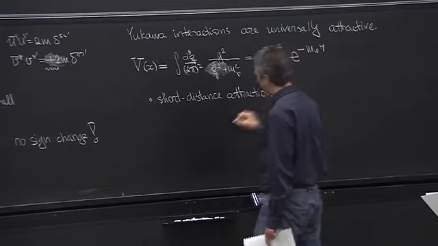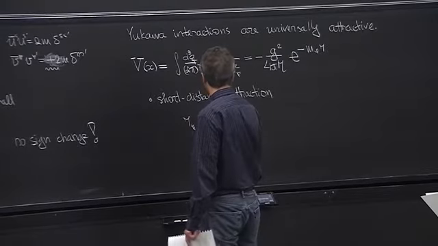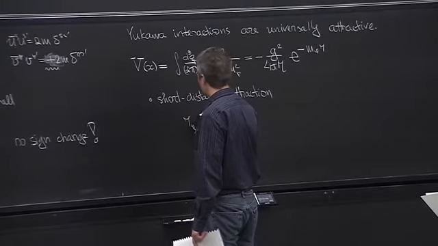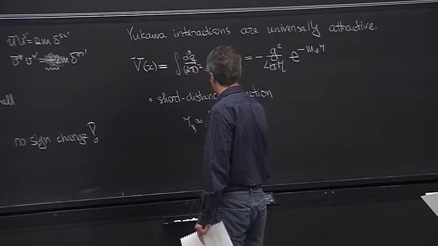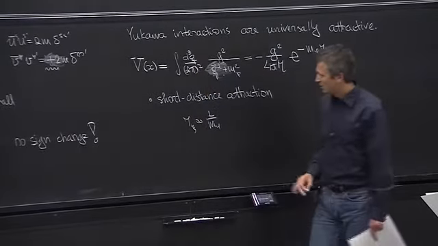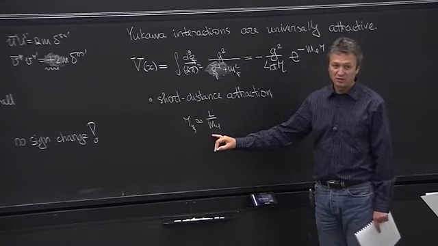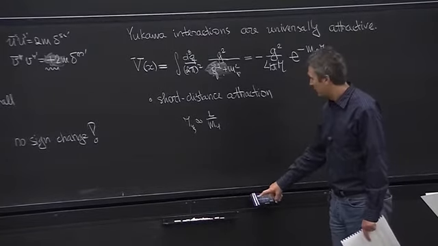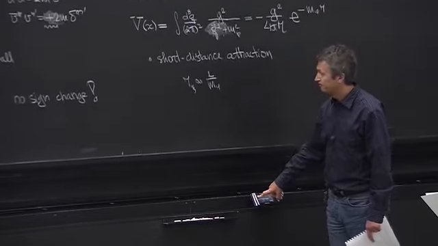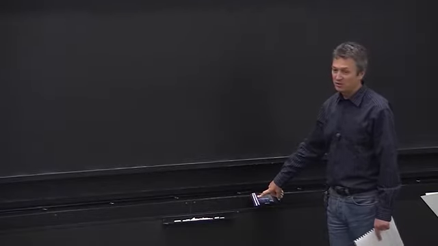So it dies off at scales. There is a correlation length which coincides with the Compton wavelength of the scalar particle. So what we get is short-ranged